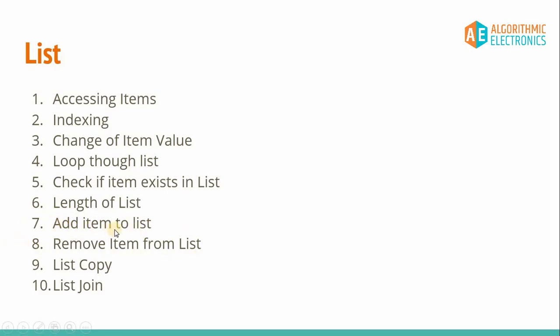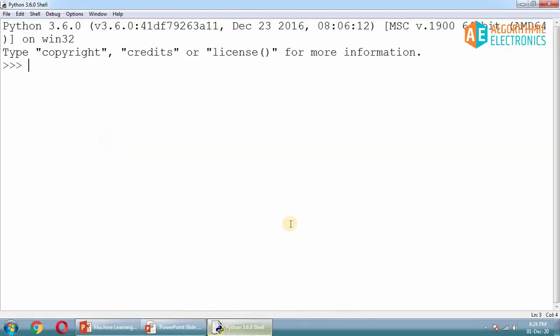We'll discuss whether we can add an extra element inside the list, and whether it's possible to remove some element from the list. And if I have to copy a particular list into another variable, how I can copy that also we'll discuss. And if I have to join two different lists together to form a third list, I'll also discuss that. So these are some 10 different aspects of the list we are going to discuss, and with reference to these points we are going to understand the working of the Python list. So let's experiment using this Python shell.